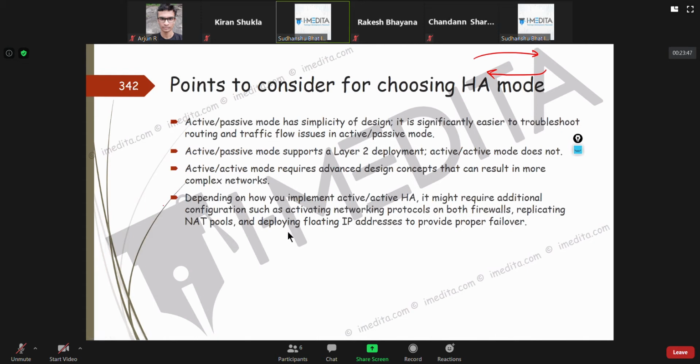Now, depending upon how you implement active-active HA, it might require additional configurations such as enabling networking protocols, replicating NAT pools, and deploying floating IP addresses to provide proper failover.